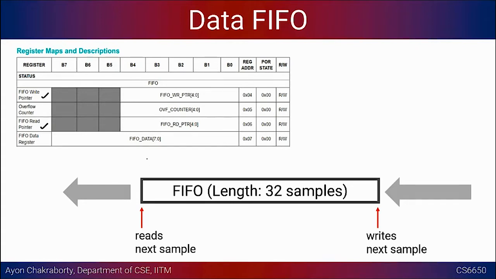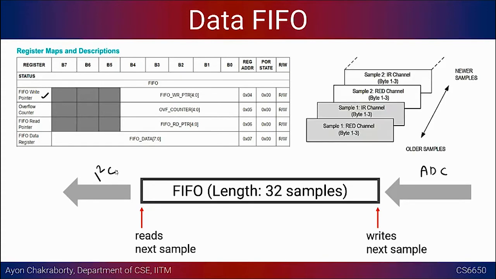So the firmware you are going to write will basically make sure that you are doing all the data reading and the data exchange and all the bookkeeping correctly. Okay, so there is nothing more to it, right? It's just the sensor or the ADC pumps in the data, and you have to read the data out of it, right? If this goes to the I2C bus. So as you understand, there is a little bit more sophistication on the hardware side. There are two types of data. One type of data is for the red channel, and the other type of data is for the IR channel, right?